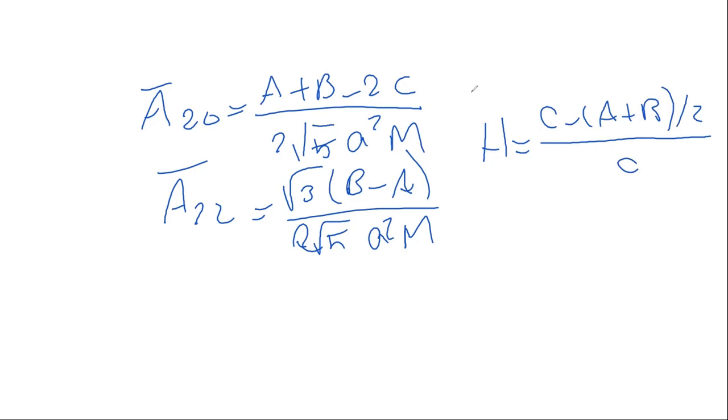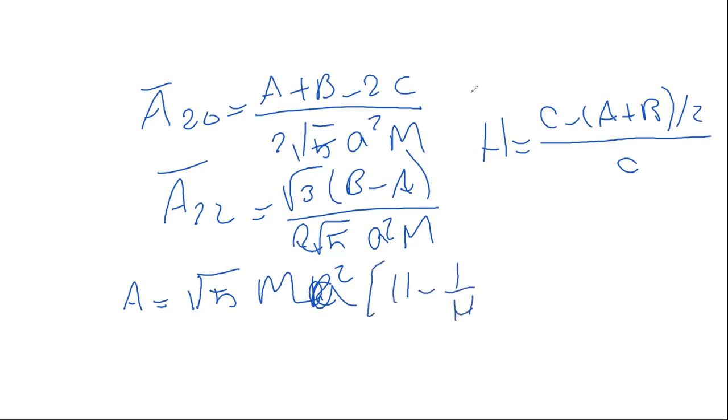So based on this, if I solve these three equations, because A20 is known, A22 is known, and if you assume that H is known from astronomical observations, and I solve these equations, I get A as, or A is the same here, 1 over 1 minus H, times A bar 20, A bar 22,